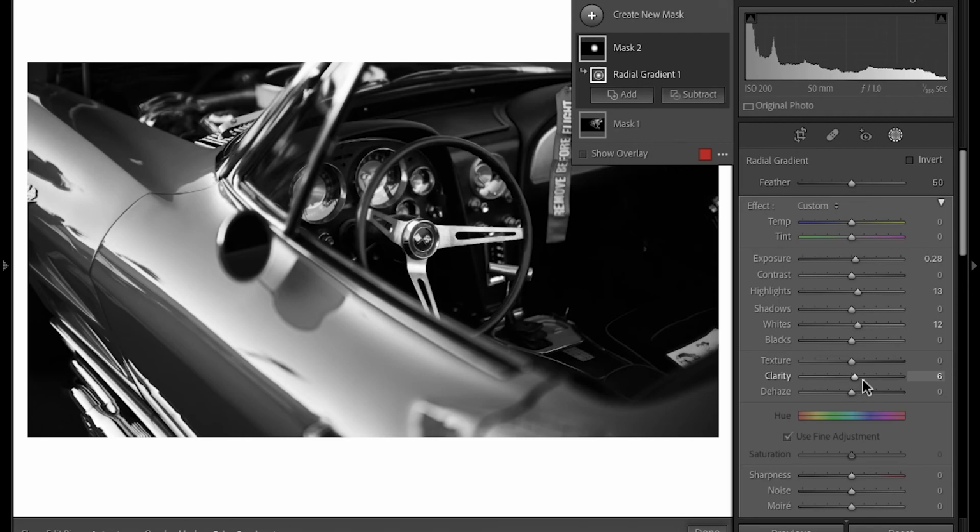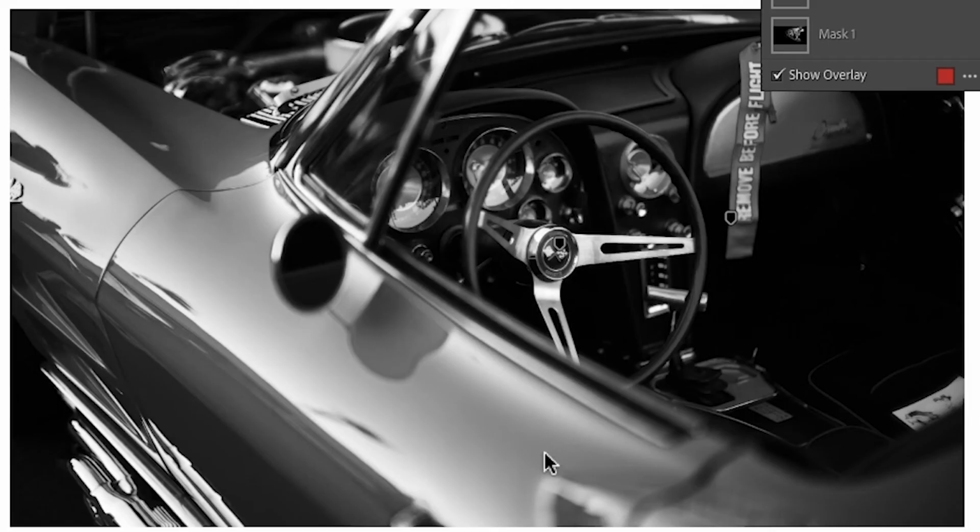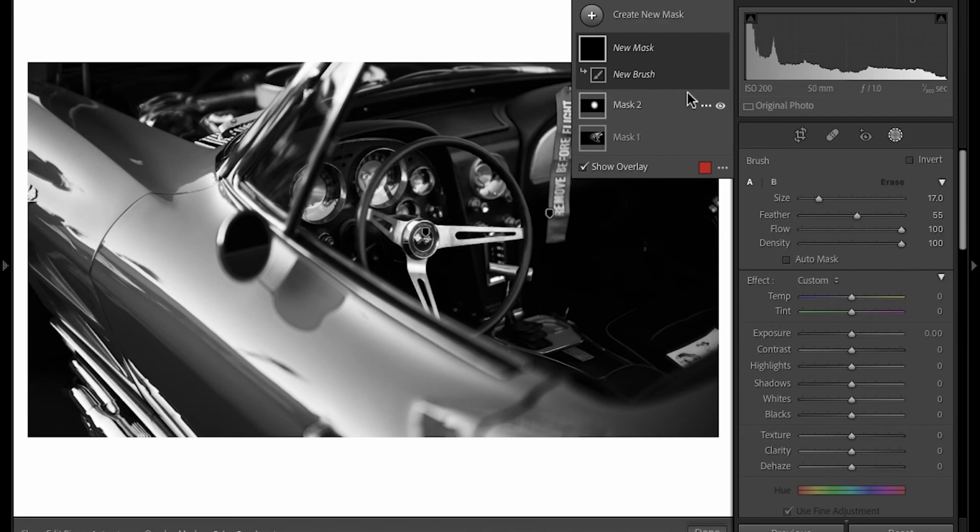Now I want to drop the luminance in the paint in this section right in here with the brush tool. So the reason I'm not going to drop the luminance for this section of the paint in the black and white mix is because I don't want to affect the entire red of the paint in other sections, just a secluded area. And I'm going to bring down the exposure to about a quarter of a stop. And I'm going to bring down the shadows a bit, and I'm going to add a little dehaze and then just paint on